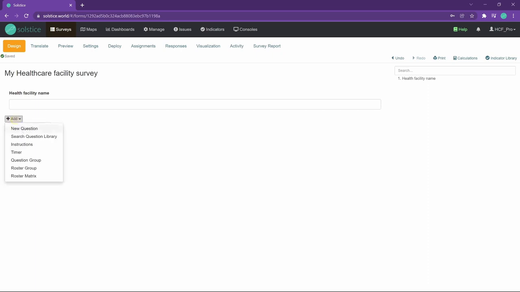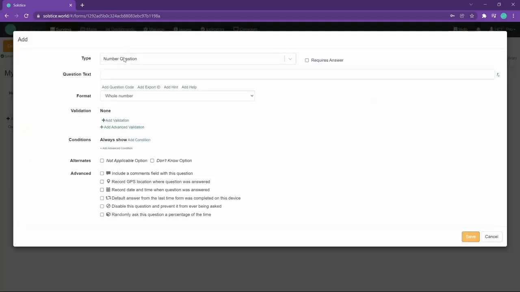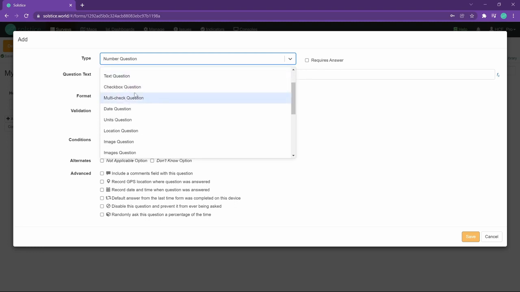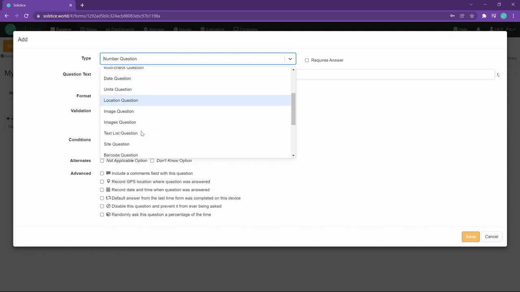Of course, we also want to know the location of the health facility. So I'll add a new question, and here the type. Let's take a look at various options. We see a location question. That's a good choice. It allows you to pick the GPS location in the world, but I would still recommend that you use a site question,